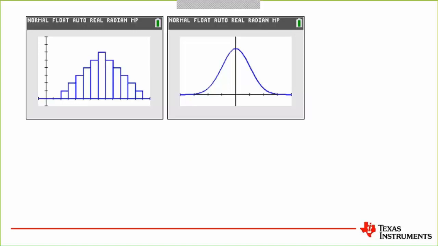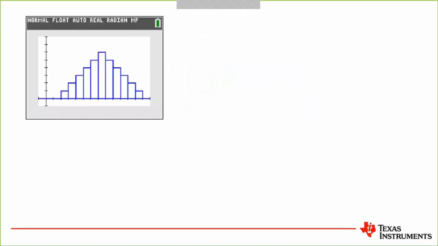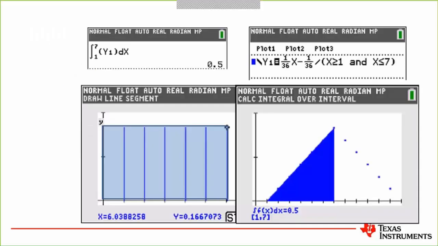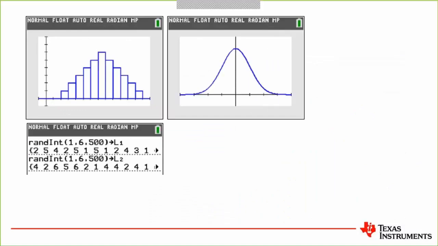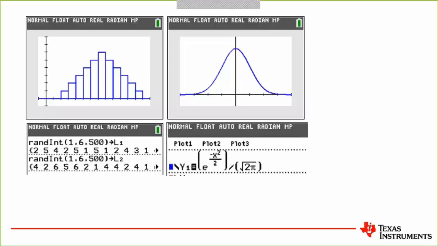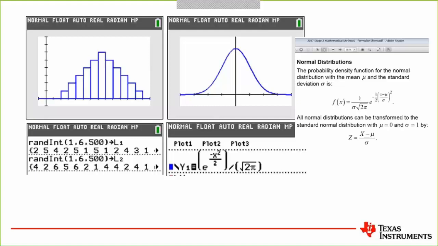So we have a normal distribution on the right. You see the shape. Is the one on the left also a normal distribution? I'm hoping you're shouting no, because I'm hoping you remember that the one on the left is in fact a triangle. We just looked at that, did we not? The one on the left I created by putting random numbers into lists and adding them together. And the one on the right, I graphed this interesting looking function here, which I'm hoping you may have seen as the normal distribution, normal curve function.